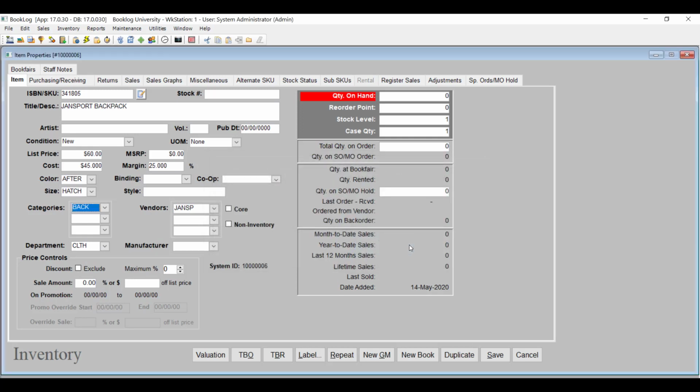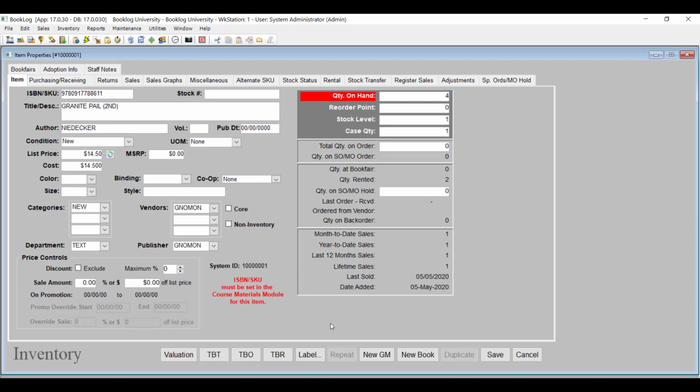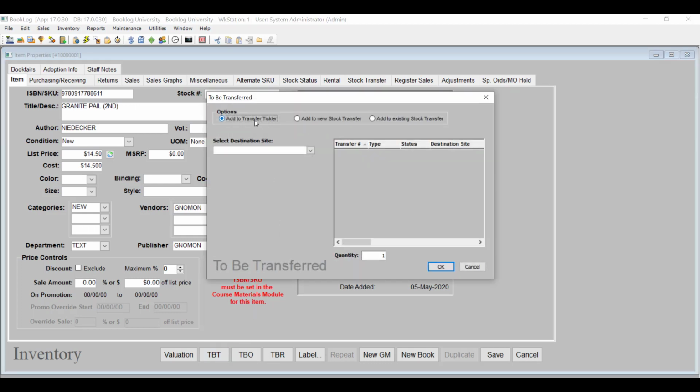sub-SKUs. If you use the multi-store version of Booklog, then you're familiar with stock transfers. Now, in addition to pushing or requesting stock from other store locations, you can add items to a to-be-transferred list. Go to the item's properties and click the To Be Transferred button and tell Booklog whether you want to add the item to the To Be Transferred tickler so you can work with it on a later stock transfer, or create a new stock transfer for the item, or add it to an existing transfer. If you add the item to the To Be Transferred tickler, you'll be able to add it to a stock